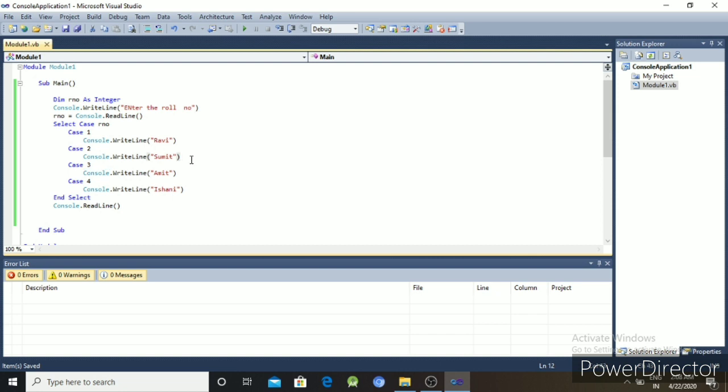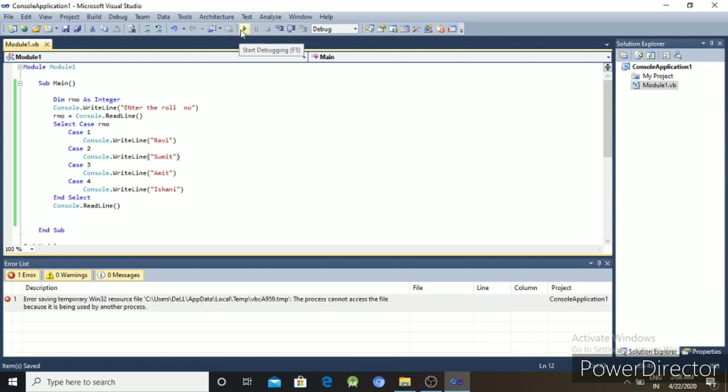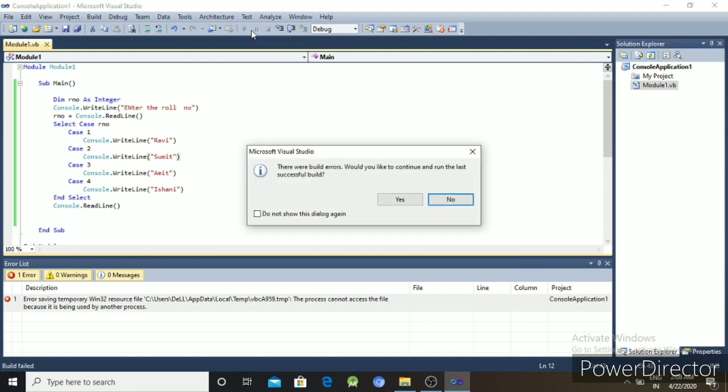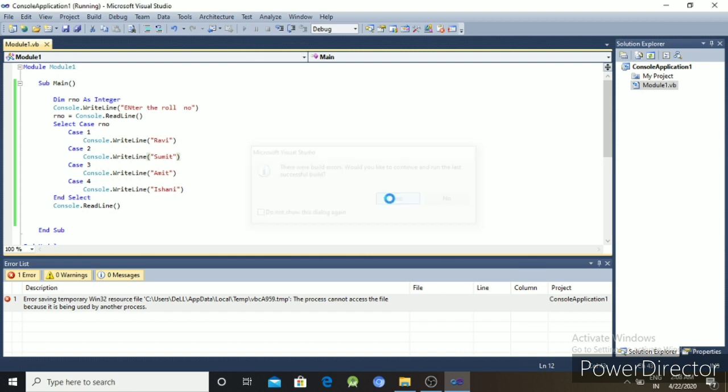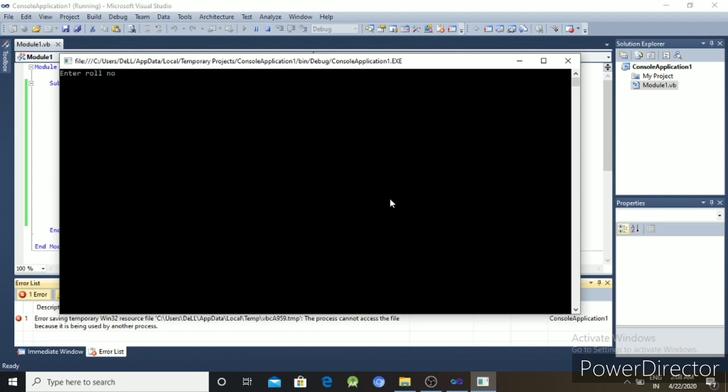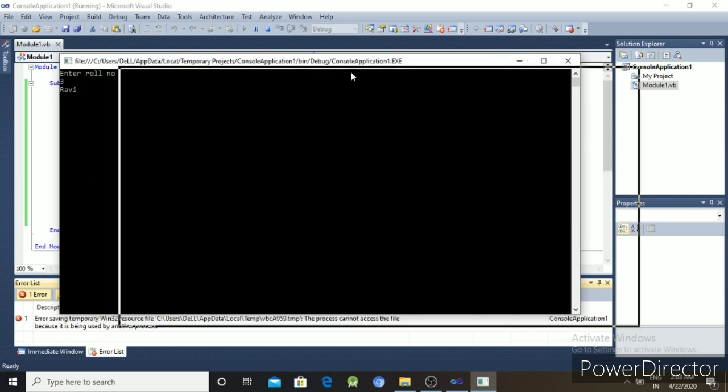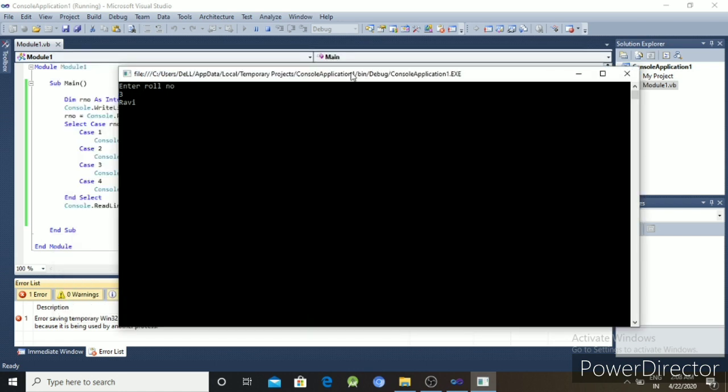Let us see. Okay, enter roll number 3. So the output will be Amit.